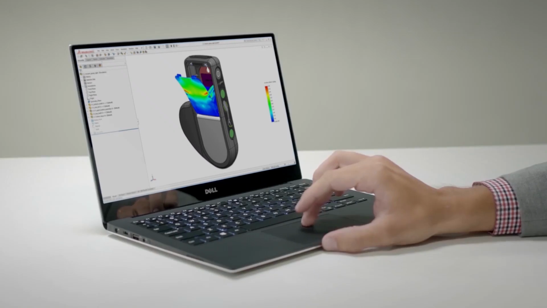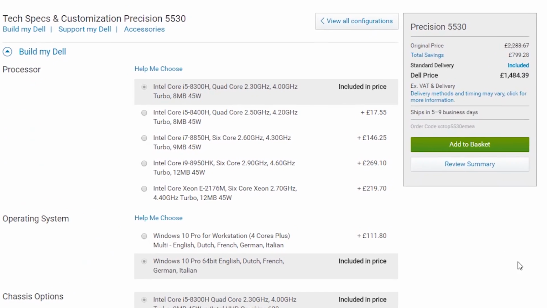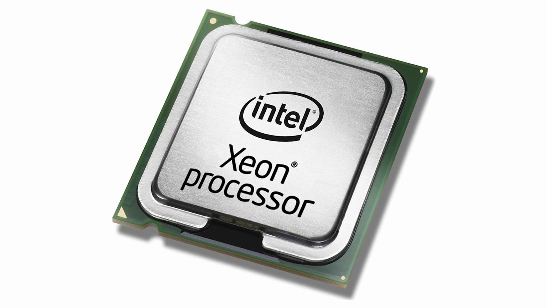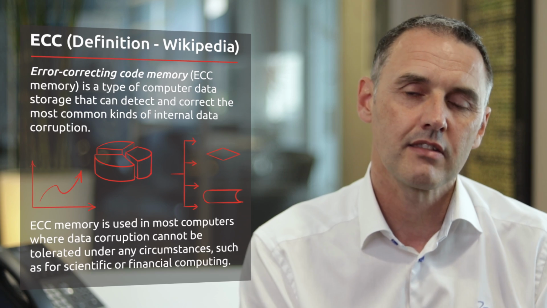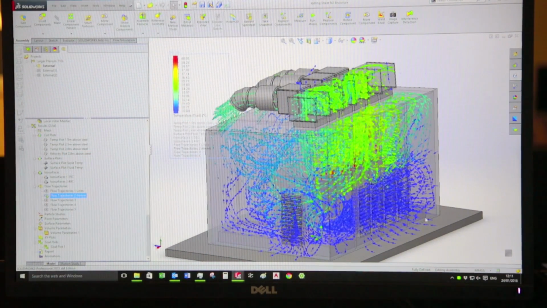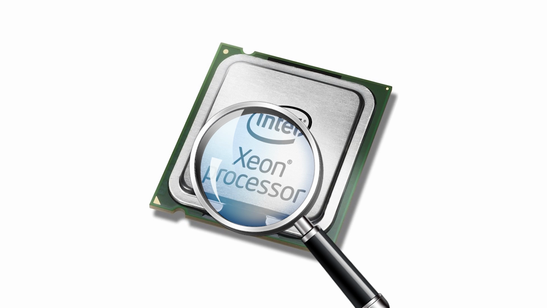However, you're still going to be using SOLIDWORKS as a design tool. So not only do you want the multiple cores, you want them to have good turbo boost speed. There is one other thing to consider though, and this bridges your choice between both processor and memory. The Xeon range of processors from Intel supports something called ECC memory. For the purposes of this video, it's enough to highlight that ECC is particularly useful when running lengthy simulations. Both of these components will cost you more money, so if you're not running lengthy complex simulations very often, then you probably won't see the benefit of either, so consider carefully before adding these items to your shopping list.